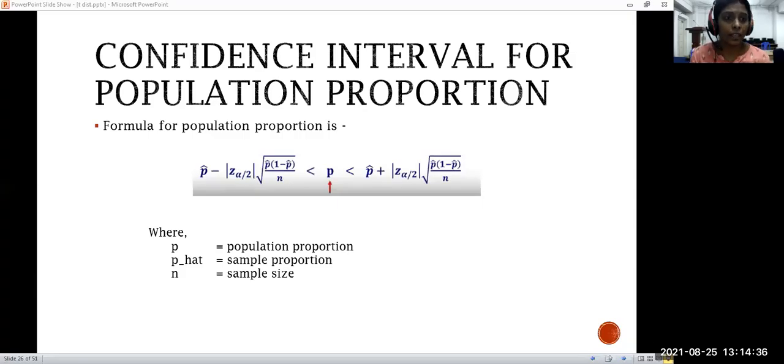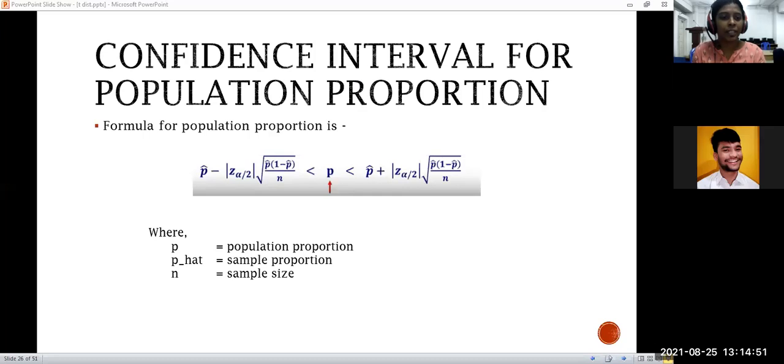So anyone has any queries on the portions done till now, the Z test and the T test? If you have to calculate the mean, everyone is comfortable using those formulas, right? Because I'm going to add one more formula today, which is with respect to the population proportion. So if you have any queries, please put that in the chat window. Once we complete the topic for today, then I'll go through all your queries and answer them.